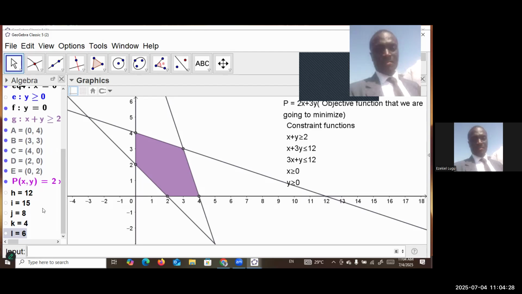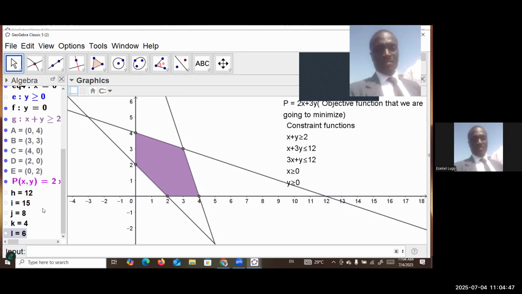The function p equals 2x plus 3y. And if you want to pick the maximum, it's going to be what? The highest value, which is what? 15. So in this question, after doing everything, we can see that our minimum value for the function p equals